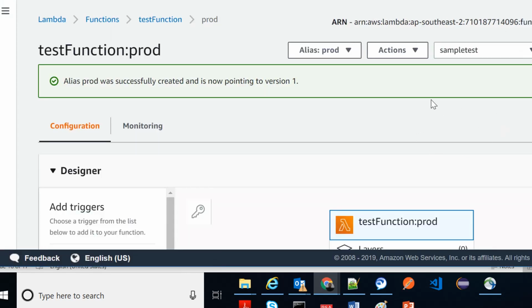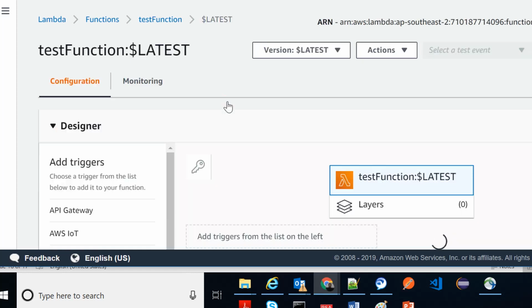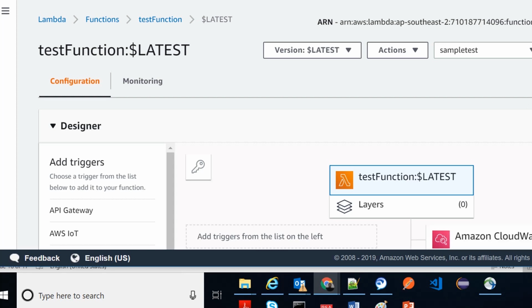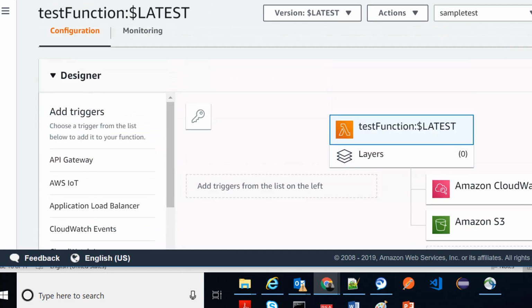So it will create multiple aliases here. If you see, I have a dev alias and a prod alias. Dev is pointing to latest, prod is pointing to 1. Now you need to remember that your changes are allowed only in the latest version. All other versions are immutable. You cannot make any changes to them. You always have to make a change to your latest version and then publish a new version to be used